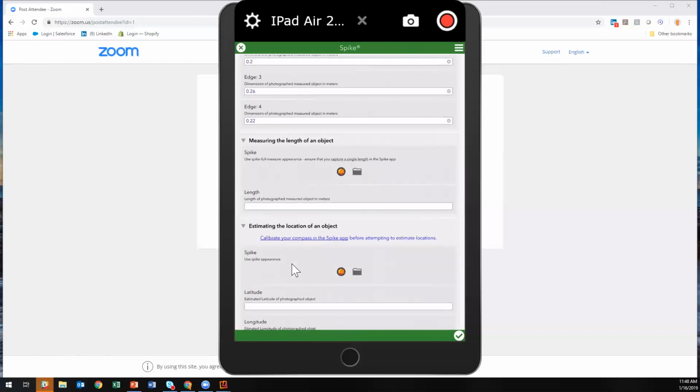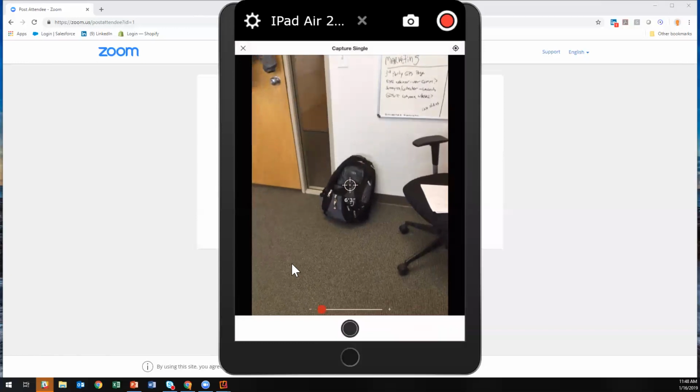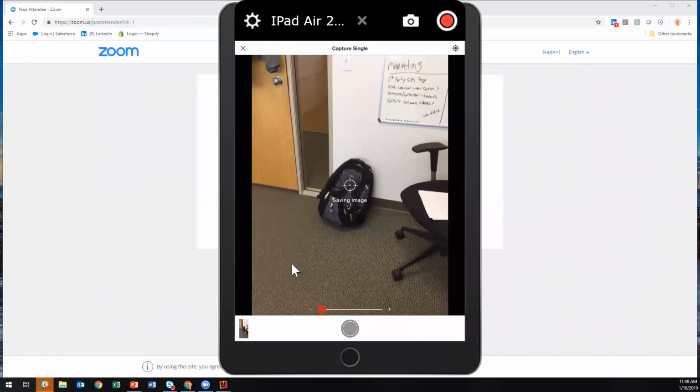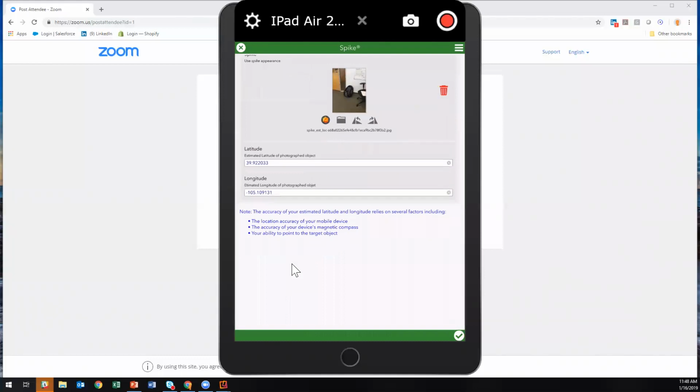And then let's go ahead and estimate the location of an object. So let's say, for example, you know, a suspicious package, something like that. Well, hit the Spike. There's my suspicious package. Somebody has thoughtlessly left their backpack behind. I just go ahead and take the photo. There's the photo for reference, GPS location with a distance offset. And remember, once again, I could do this up to 650 feet away. Pretty cool, right? But not only cool, pretty darn useful.